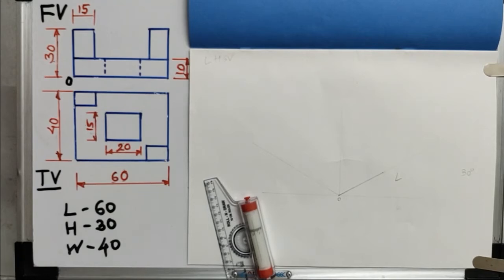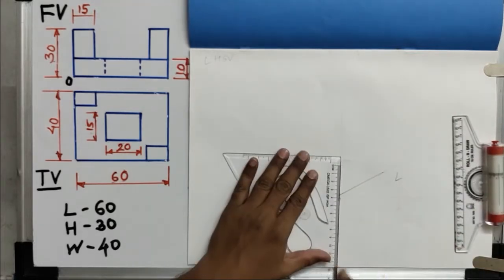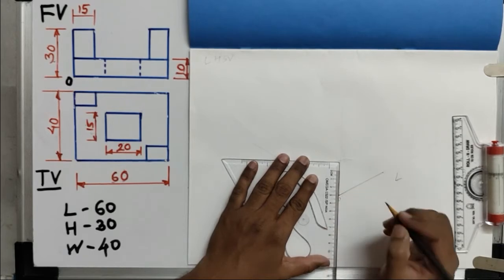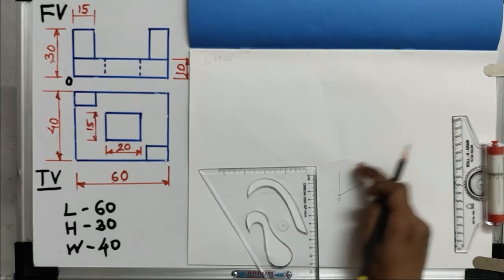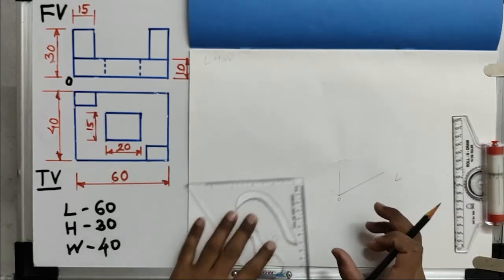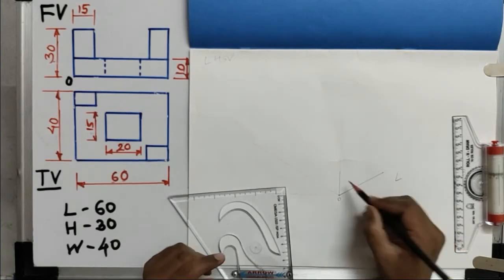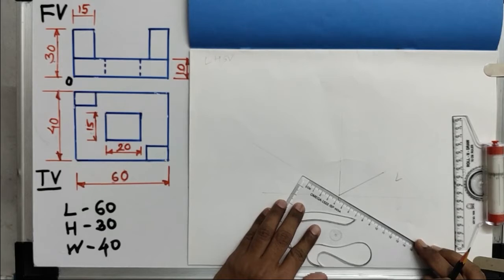Now the next thing that I have to represent is the height, which is nothing but 30 mm. Okay, so I will represent the 30 mm height here. Then after locating the length and height, we have to create the overall box. Means for 3D representation we have to create the box of the three dimensions. Out of that, the length and height are represented here. The width which is remaining, that I have to represent here, is 40 mm.